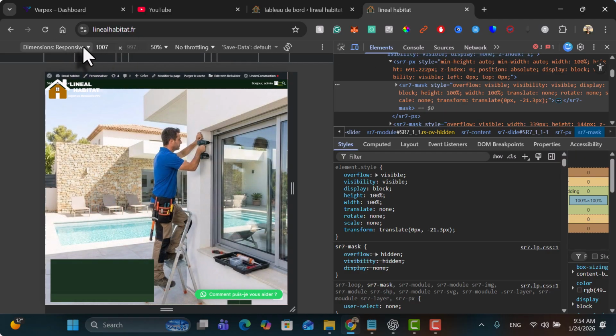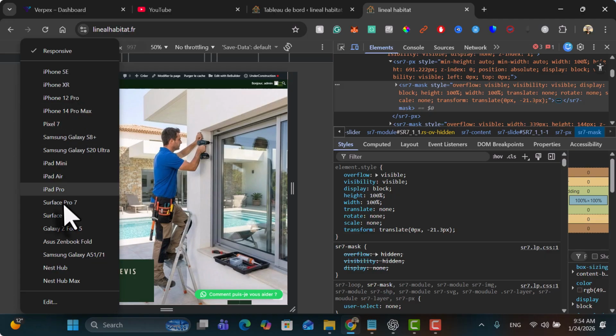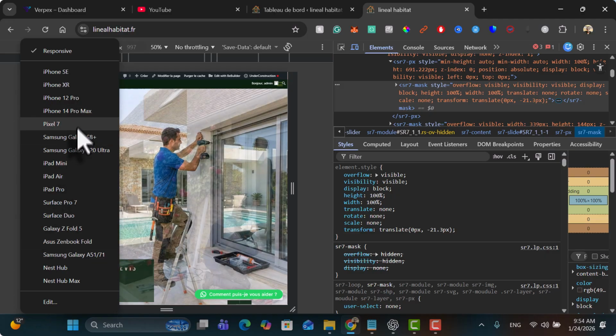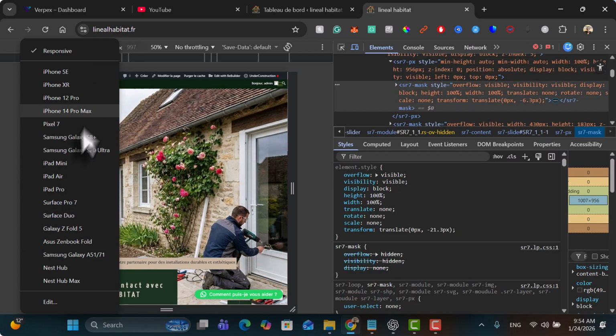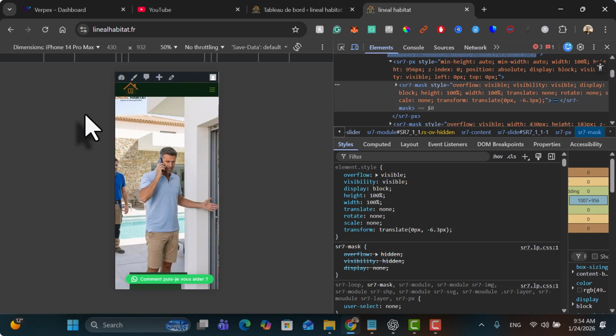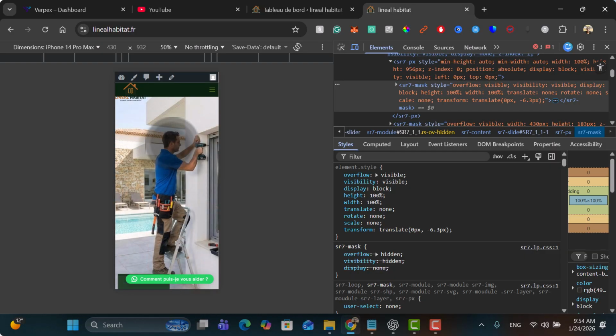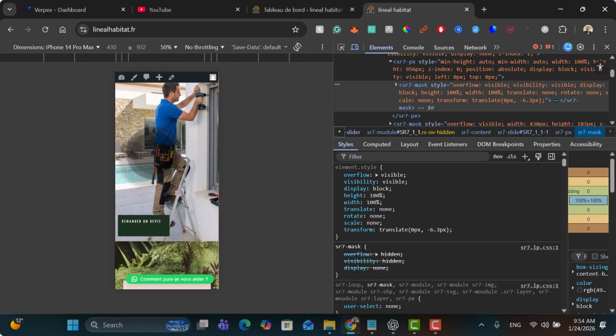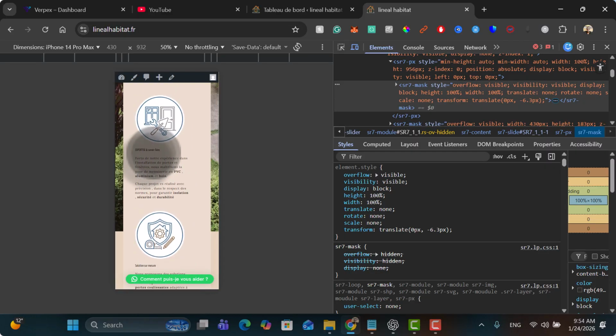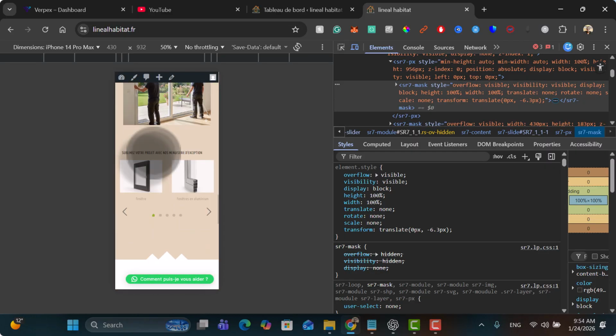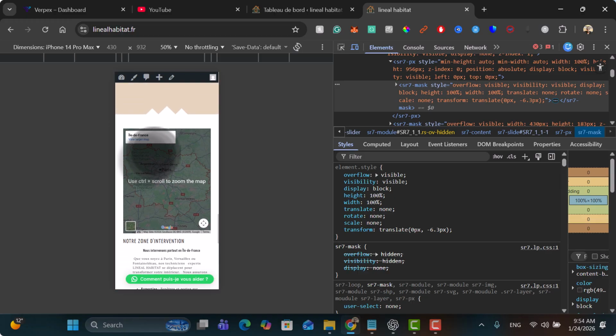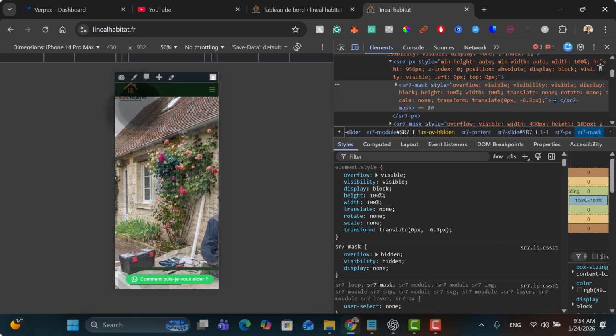Here you can select the device type that you want to test your website on. For example, let's test my website on iPhone 14 Pro Max. Now here is what my website will look like on an iPhone 14 Pro Max. As you can see, I'm going to make some edits for that, such as the logo, as you can see, is not compatible with this